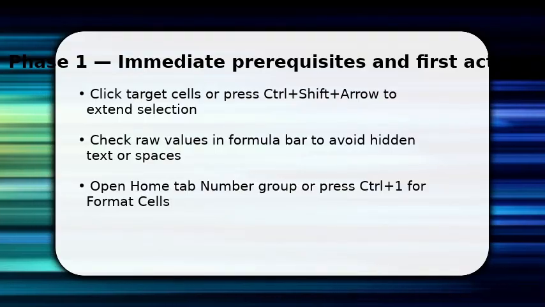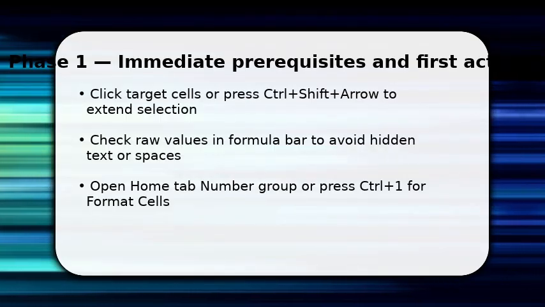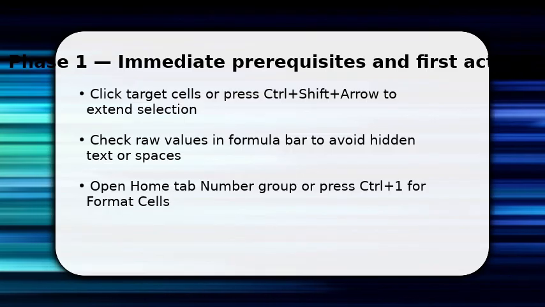You begin by selecting the cells you want to change. Click a single cell or drag to select a range. Once selected, look at the formula bar to confirm values are numeric, not text. Trimmed spaces break formatting. Then open the number group on the Home tab or press Ctrl+1 to open Format Cells